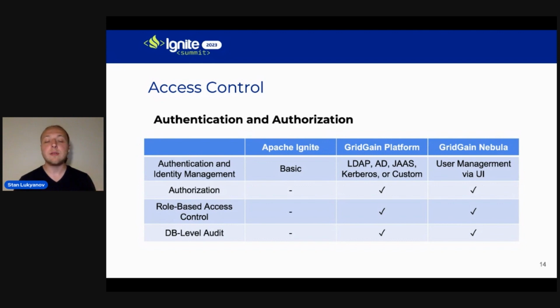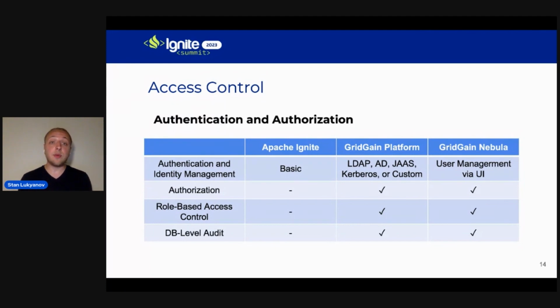It's what's called basic authentication. So it's logins and passwords that you can manage through Ignite SQL. And it doesn't come with any of the additional features such as authorization, but it gives you this basic level of database level security,